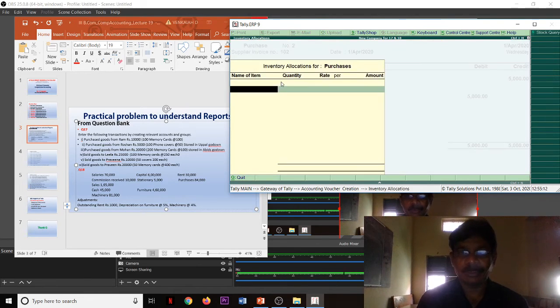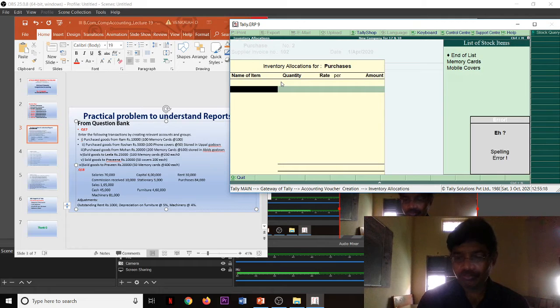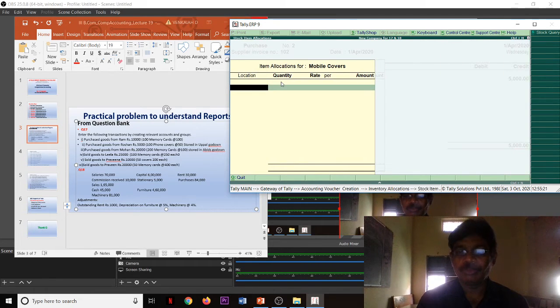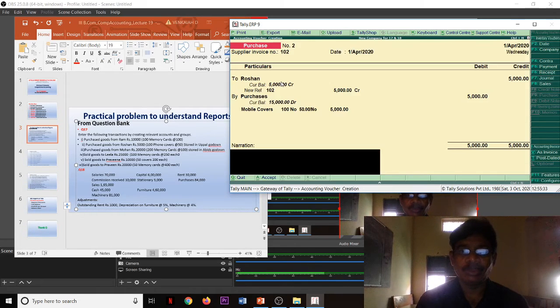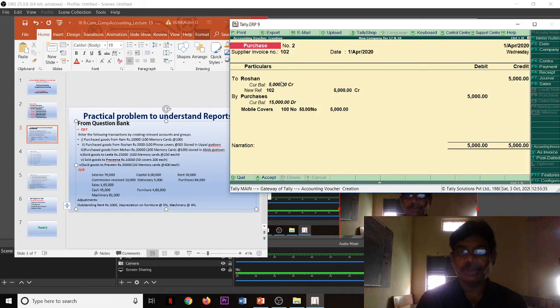Purchases, select purchases. What we purchased? Phone covers. Location is Uppal. Quantity is 100. Price is 50. Amount is 5,000. Goods purchased from Roshan.